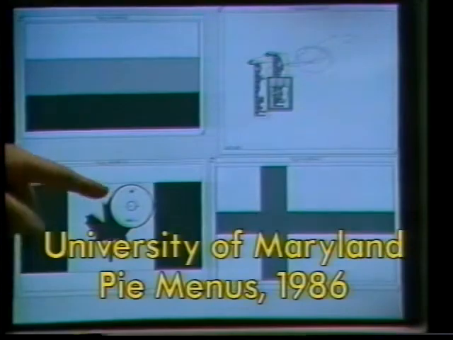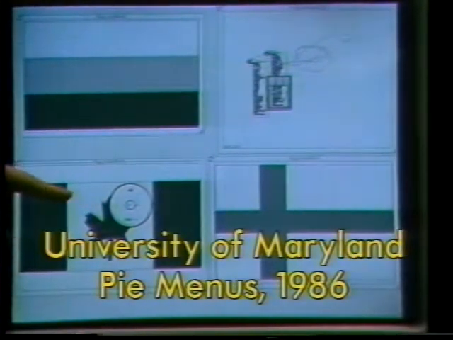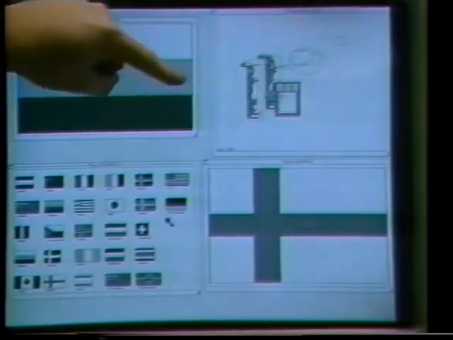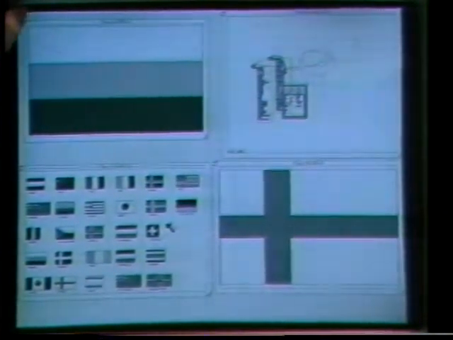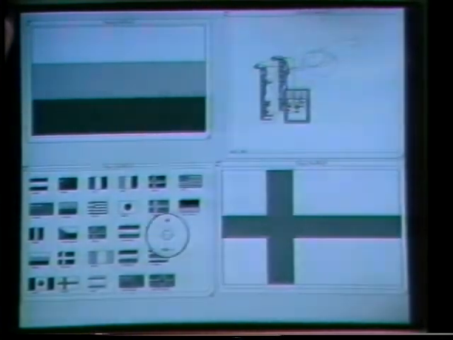This is a 2-item pie menu, and since there's only 2 items, each item gets half of the circle, so it's very easy to make a selection from one of them. And you see it's echoed on the mousey display. Both items are very close to the cursor. Now, when I go and select the lower